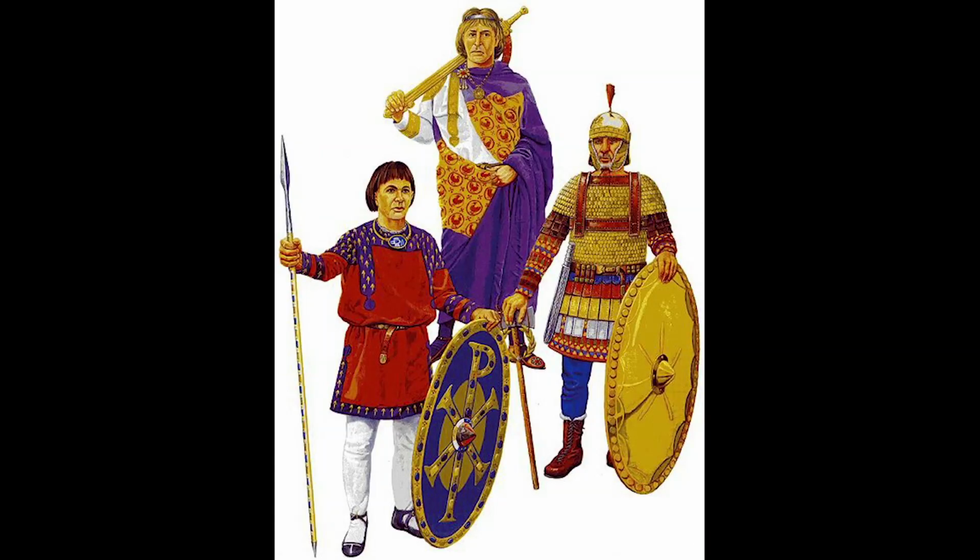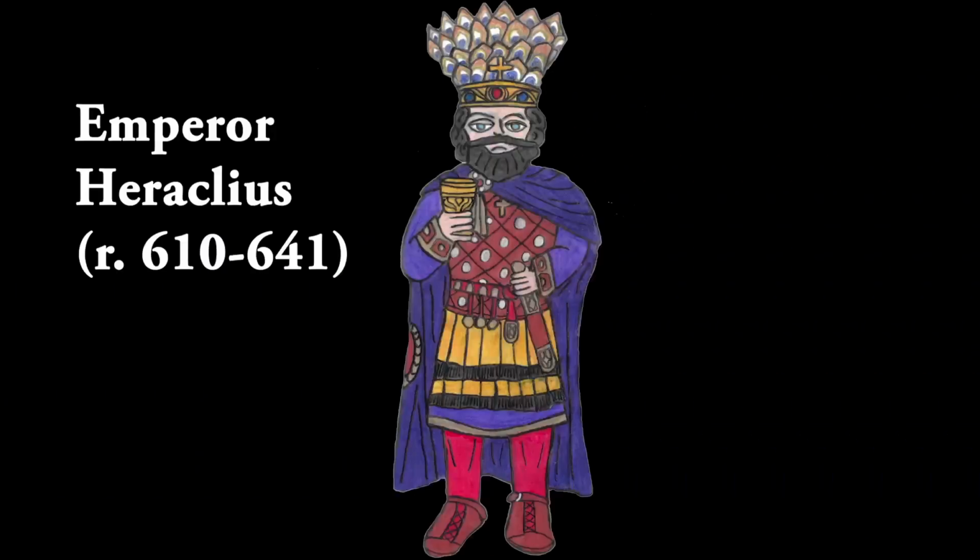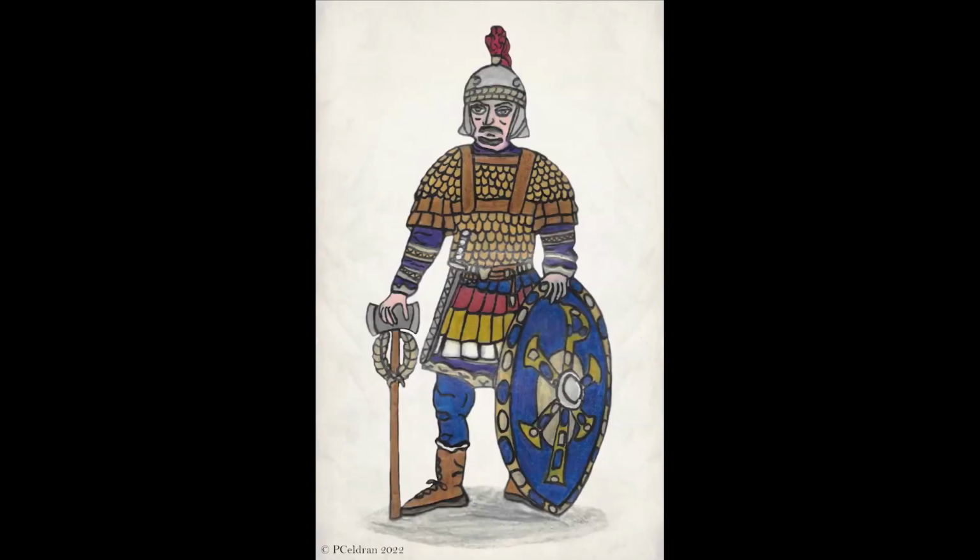Despite being palace guards, the Excubitors, when needed, would accompany the emperor to battle, and this was seen during the reigns of the emperors Maurice in the late 6th century and Heraclius in the 7th century. Now, the reason why I consider the Excubitors to be part of my favorite Byzantine army units is not just because of their colorful armor and attire, as well as shields, which was meant to indicate their status as imperial